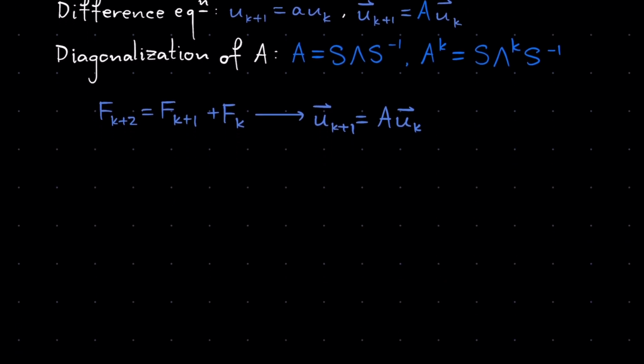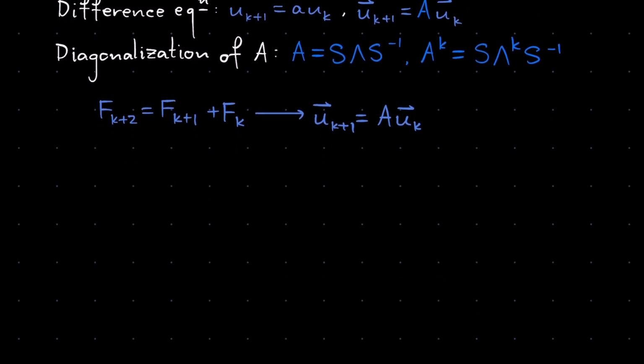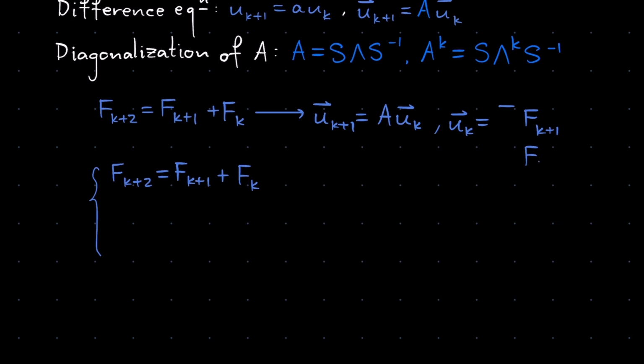What we're going to do first is construct a system of equations. Alright, so let's first copy the recursive definition of the Fibonacci numbers. And let's define u of k to be f of k plus 1 and f of k. That's pretty trivial. We didn't do anything weird over here. We're just defining a vector. So let's write this over here. So f of k plus 1 is equal to itself.